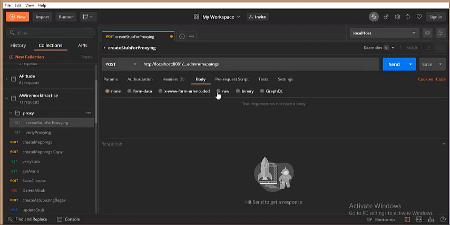Since it is a post call, I should have a body and it is of JSON type. Let me quickly create a contract. Initially I will have a request block, and then I will have a response block as well.